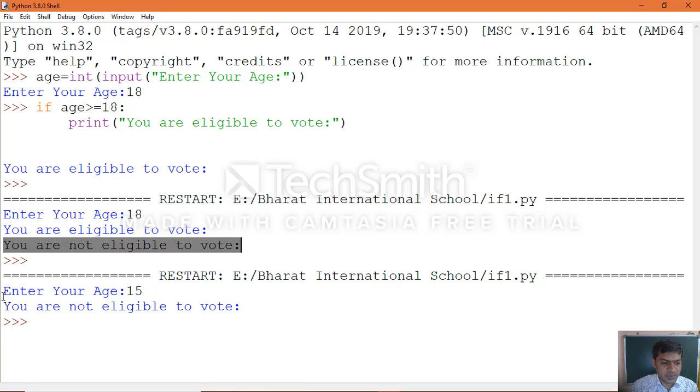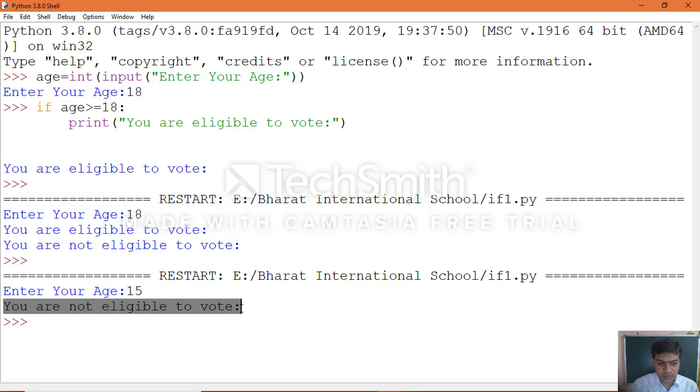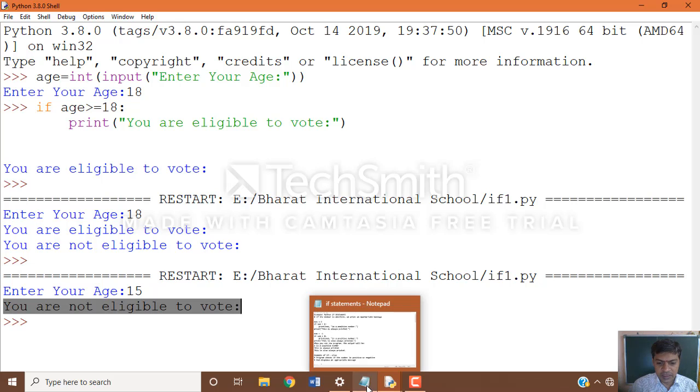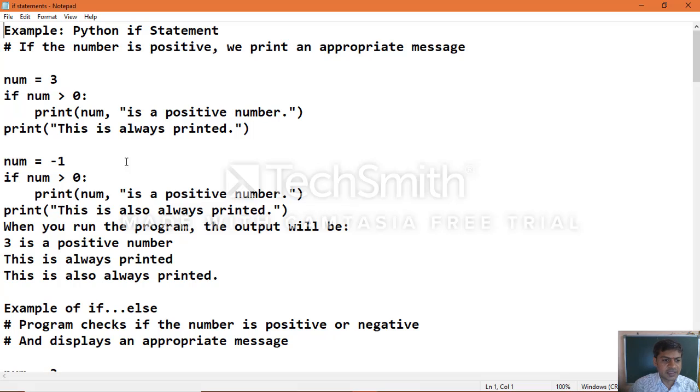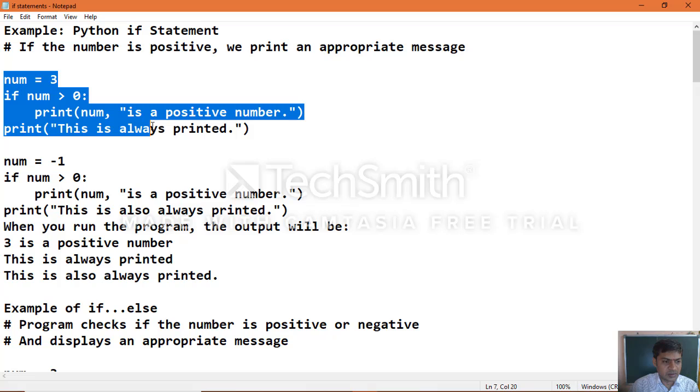The moment the condition becomes false, whatever print statement you have written outside the if block will be seen as output. Okay, now we'll proceed with multiple examples of how we can execute. Let's see another example.